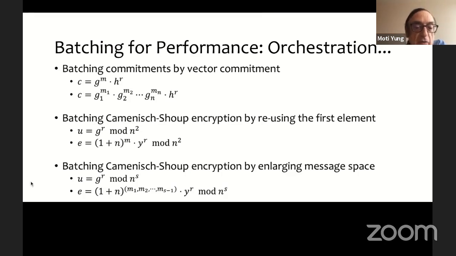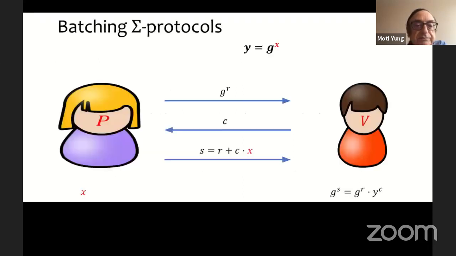And we also batch Sigma protocols in this work. If you see a Sigma protocol for proving knowledge of x, this is essentially a Schnorr protocol.